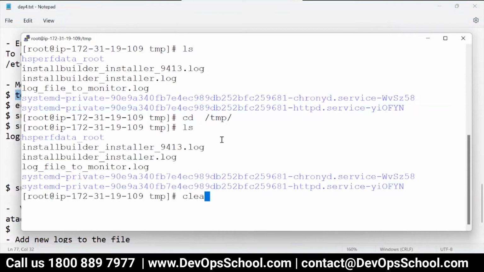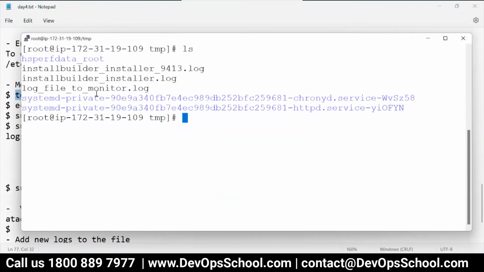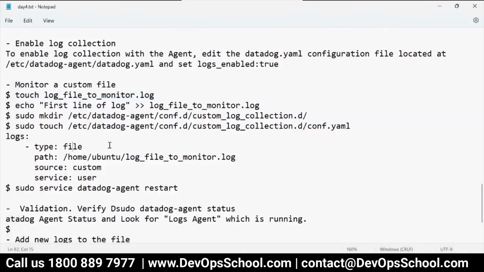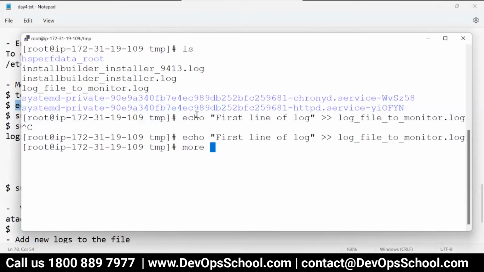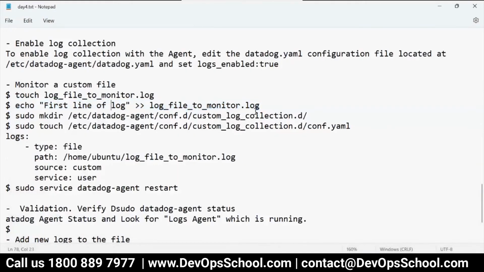Mind it, by default it's 644, so you'll have root permission, read permission. So this is the file. Now what I'm doing is adding some lines to this, just a simple way to create lines in this file. Okay guys, so this I created. This is a dummy custom file, but there is a file under var log also which already exists,